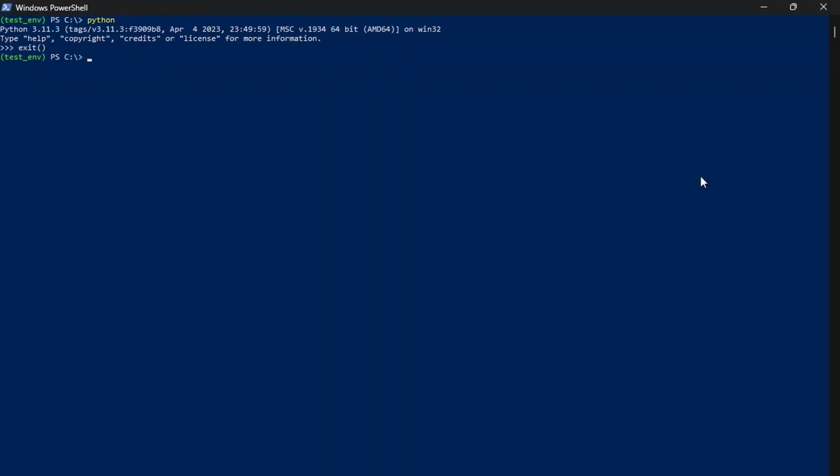Next, we'll need to install some packages or libraries that we need to work with in order to train our AI model. The first is scikit-learn, which is the machine learning library that we'll be using. To install that, we use the command pip3 install -U scikit-learn